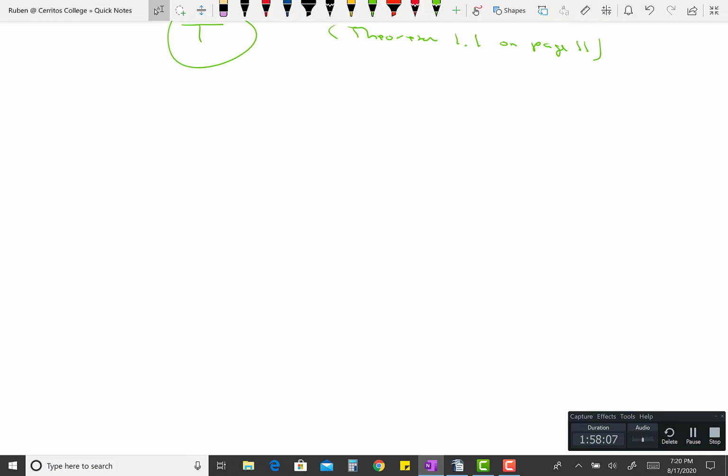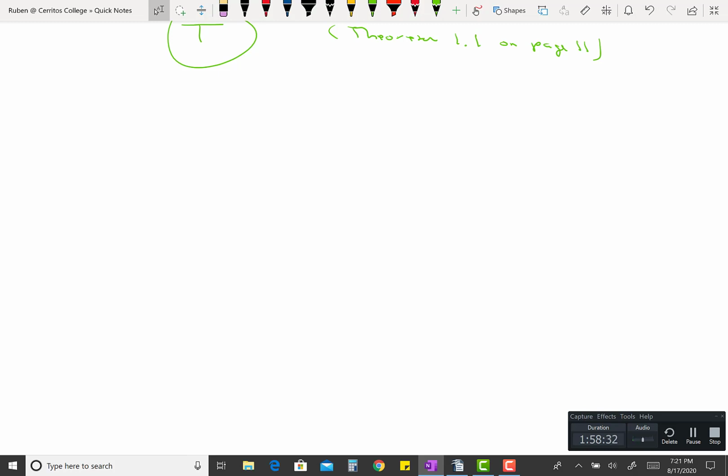Okay, so to finish up, I want to look at one more method of solution, and don't panic. I know we've been at this for a couple hours now. I want to look at one more method of solution, and this method is very similar to the Gauss-Jordan elimination method, except the